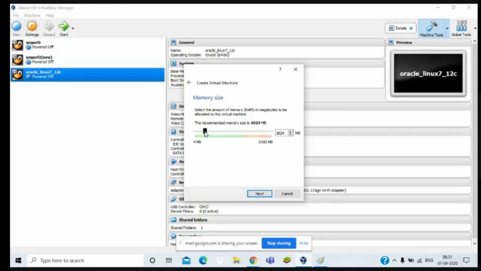Okay, sir, I'm taking 2 GB, around 2.5. Around 2.5 I'm taking this. You can take 3 or 4 GB as your RAM size. If you give more RAM, then at normal,